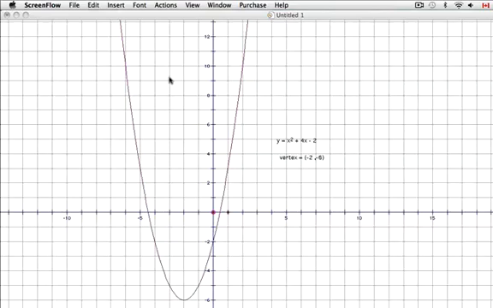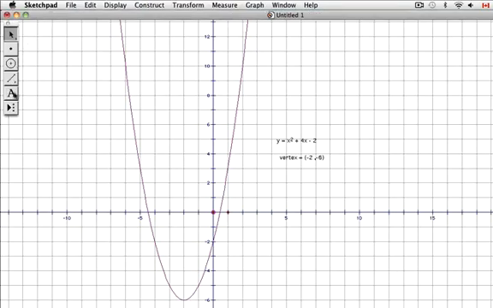Now that we've located the vertex, we can easily identify the equation of the axis of symmetry. We know that the axis of symmetry will pass through the vertex on a straight line. There's our straight line for our axis of symmetry. Notice